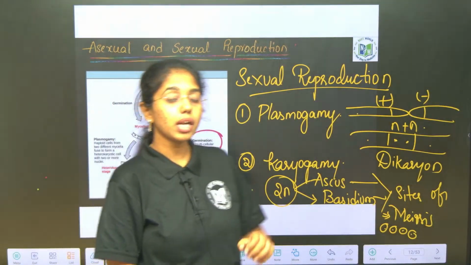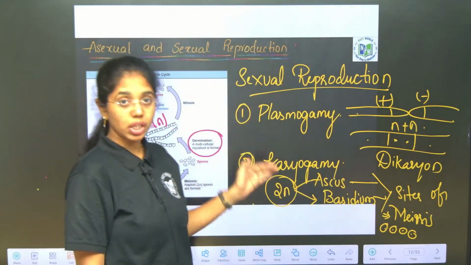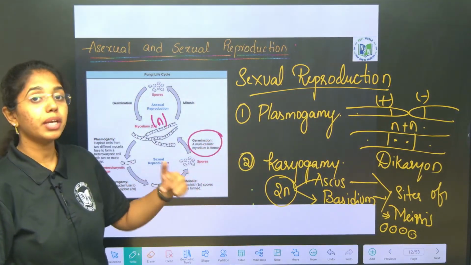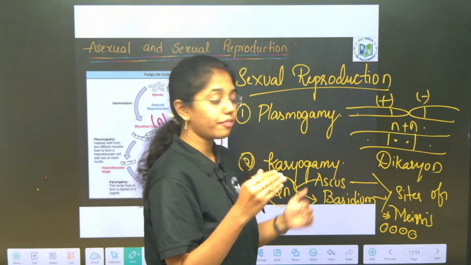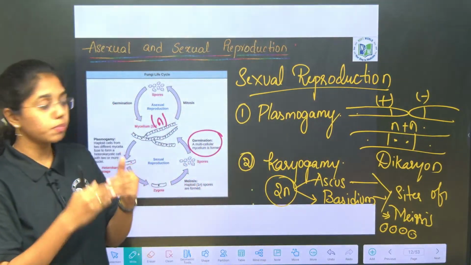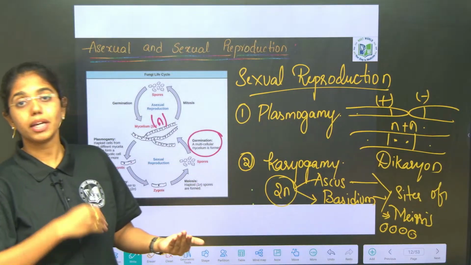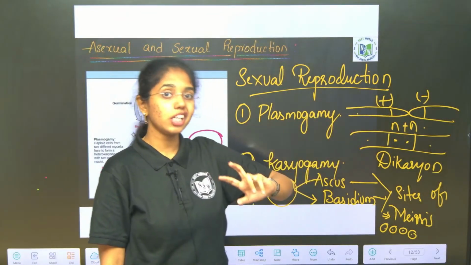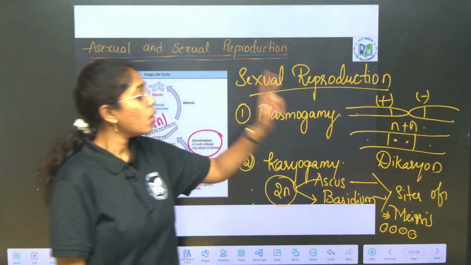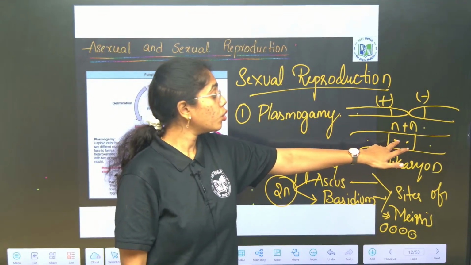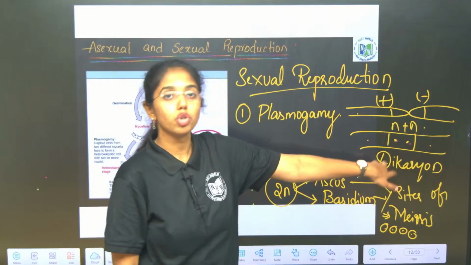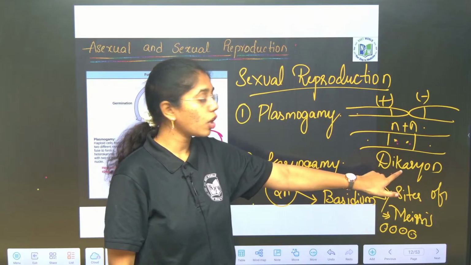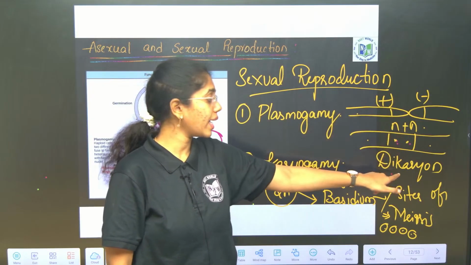Sexual reproduction happens in three steps. First is plasmogamy, second karyogamy, and third is meiosis. What is plasmogamy? Two different strains of fungal hyphae will get fused. Let us assume it as plus and minus strain. It can be through somatogamy or through gametic fusion. After plasmogamy, when plasma is exchanged between two different hyphal strains, before karyogamy two nuclei occur in the same tube. One septum is covering the two nuclei, which gives the dikaryon structure, that is the N plus N condition, the dikaryon stage.